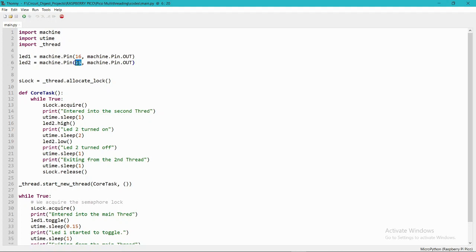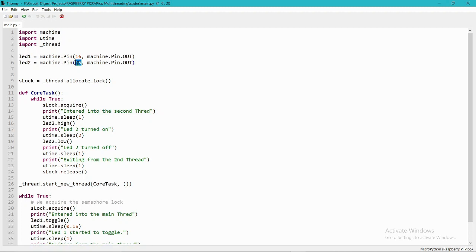Now we need to provide some mechanism to control both LEDs with both cores of the Raspberry Pi Pico. If you go through the documentation, for which I have provided the link in the description below, you will see that we have a dual core facility on the Raspberry Pi Pico, but in the individual core we can perform only one task, that is the threading part of the Pico. If you know a little bit about threading, then you might be aware that threading means running multiple tasks simultaneously. For example, if you have a laptop or desktop, you can open both software simultaneously.